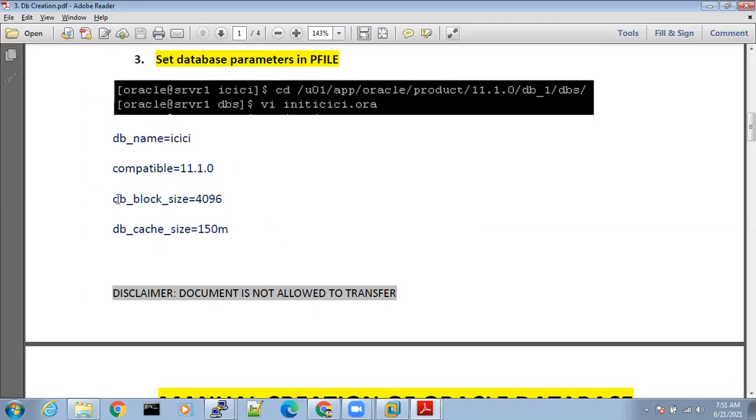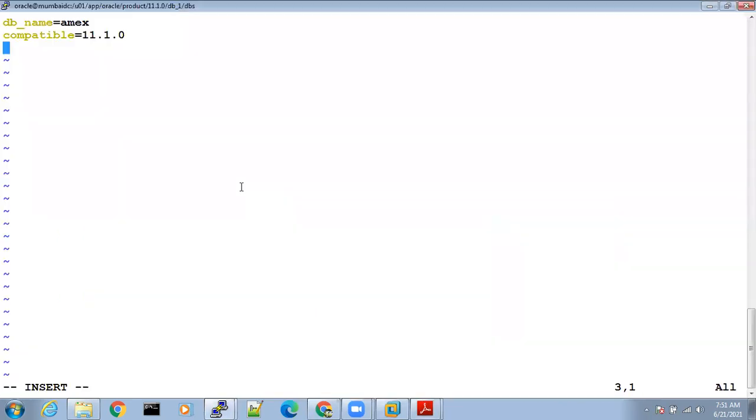Next, db_block_size is equal to 4096. Next, db_cache_size is equal to 150M.